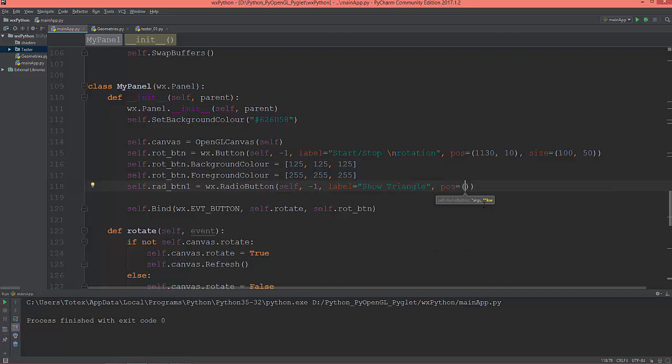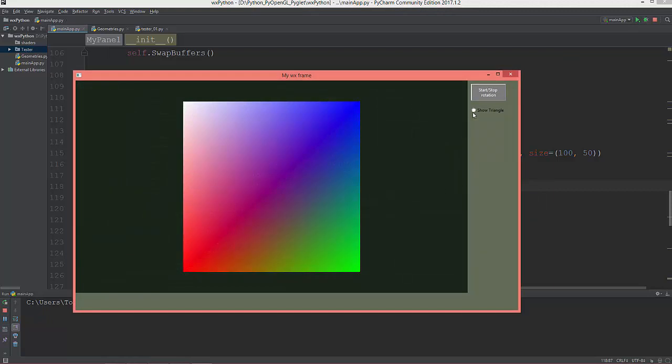So its position will be 1130 on X, and on Y it will be 80. And that's all, I think. Let me see. Yes, now we have